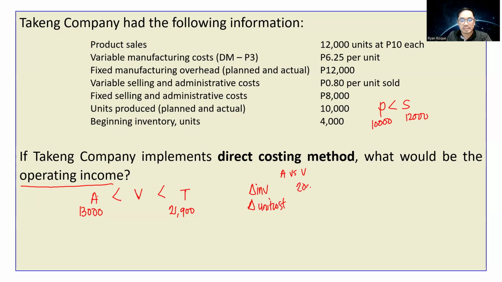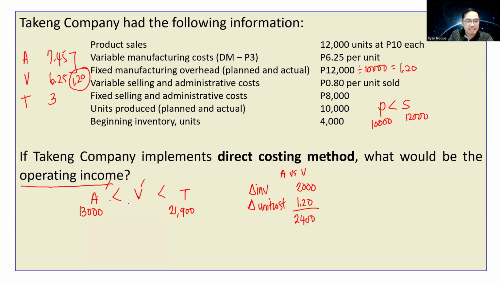So difference in the inventory is still 2,000. The difference in the cost of absorption and variable, remember, just to show again, 7.45 for absorption. For variable, it's 6.25. And then for throughput, it's 3. So when we are comparing for absorption and variable profit, the difference is 1.20, which is actually your fixed overhead per unit. So 12,000 divided by 10,000 here. So the answer is 1.20 or 1.2. So if this is 1.20, the product, when these two are multiplied, is 2,400.